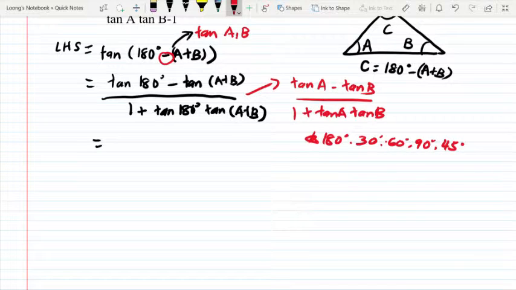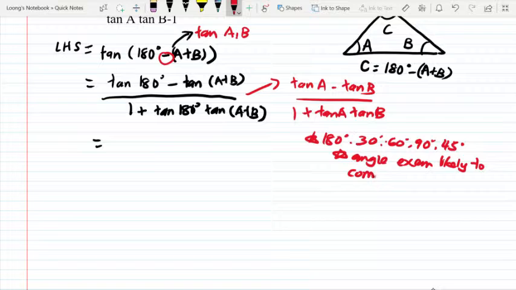These are angles that will likely come up in exams. So back to that, tangent 180 is actually equal to 0. So here is 0,